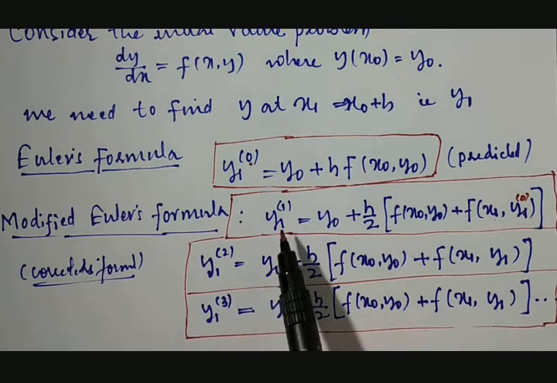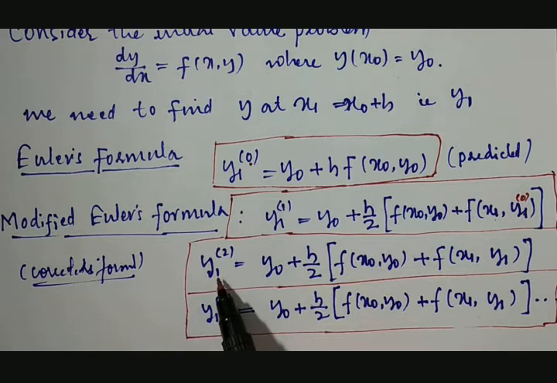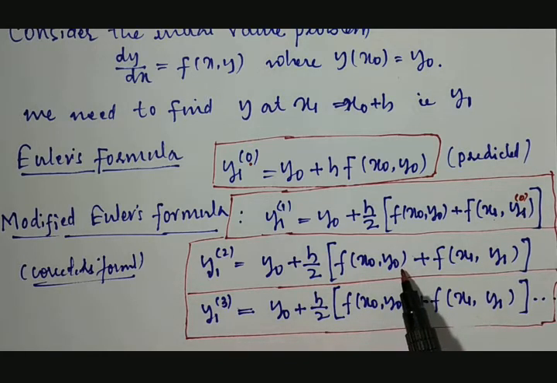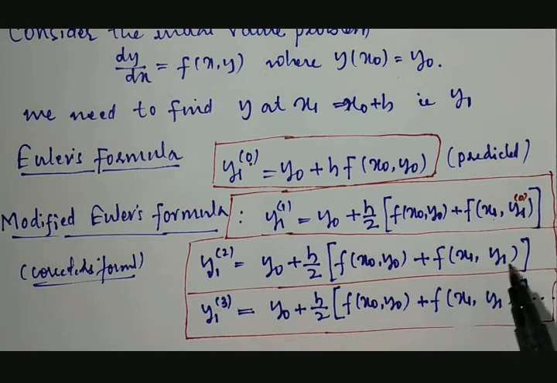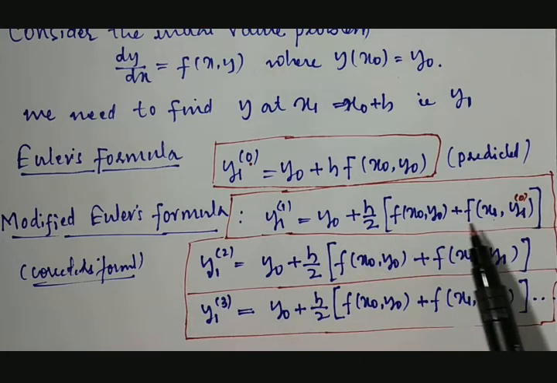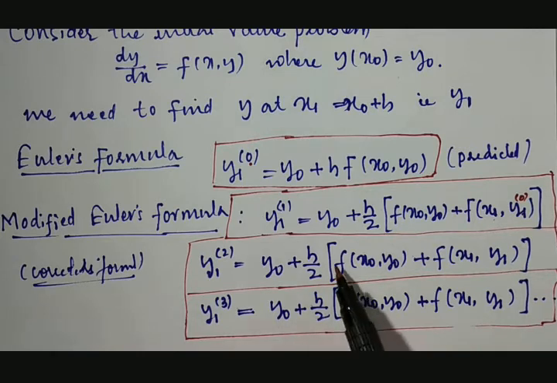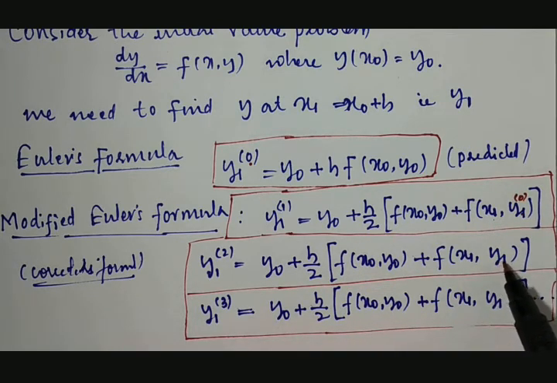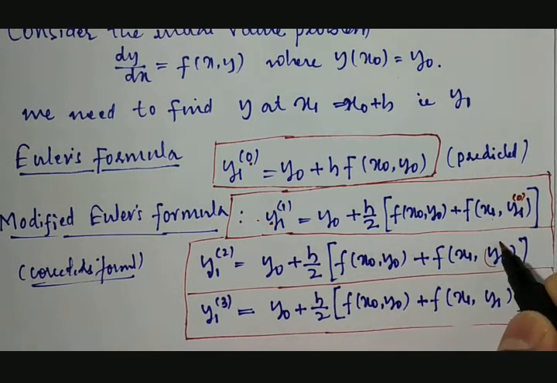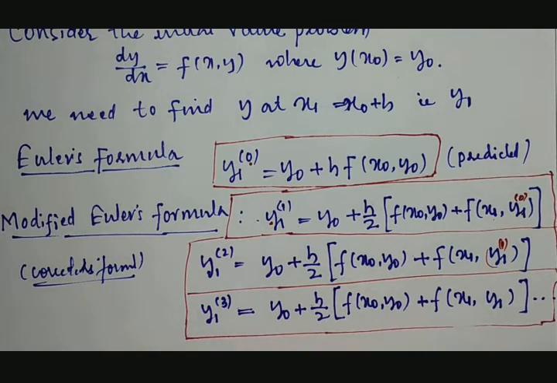Then the improvement to this, that will be the second approximation to y1, that is nothing but y0 plus h by 2 into f of x0 comma y0 plus f of x1 comma y1. If you see all these formulas, it is the same: y0 plus h by 2 into f of x0 comma y0 plus f of x1, y1. But here when y1 comes, y1 means which one? The recently obtained value. Recently obtained value is what? First value of y1. So it is the first approximation of y1.